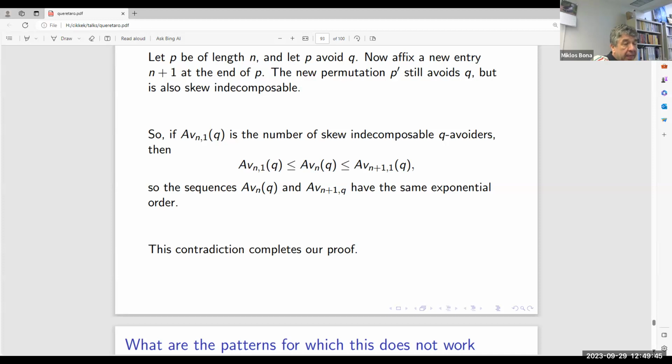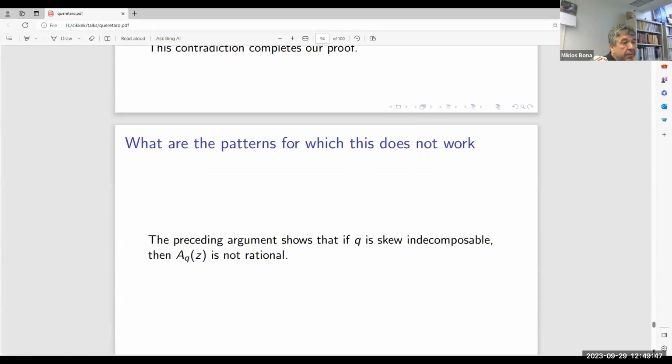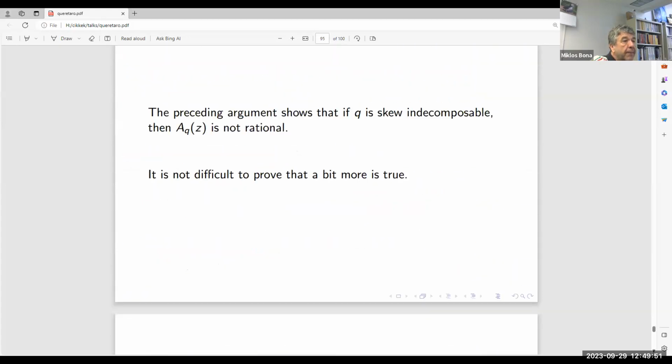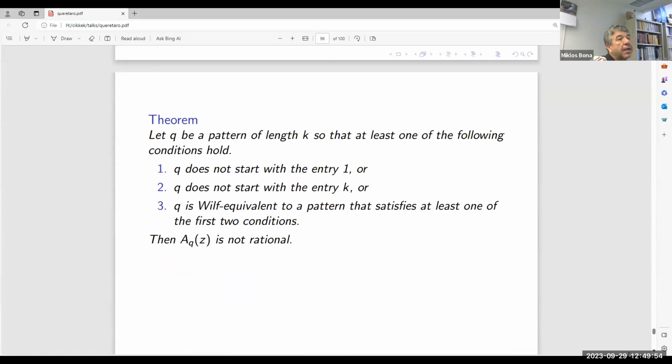So I can extend this method a little bit by trivial symmetries and some non-trivial symmetries, but I can extend it this much, that the generating function for Q avoiders is not rational if Q doesn't start with the entry 1 or doesn't end with the maximum entry